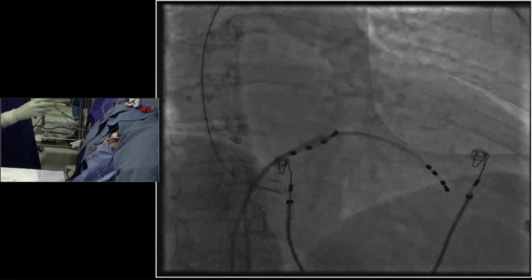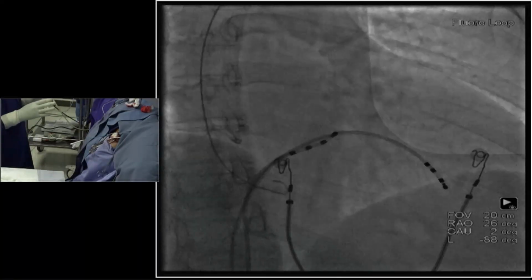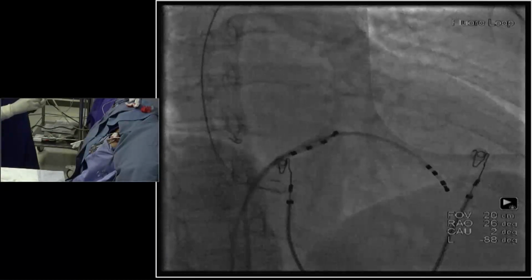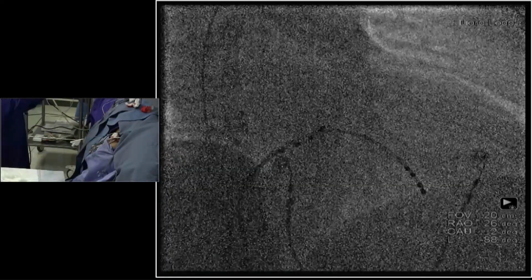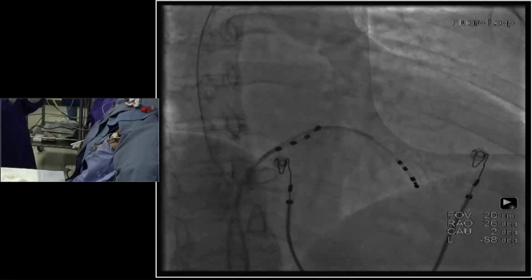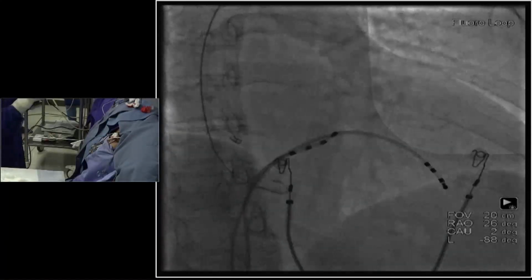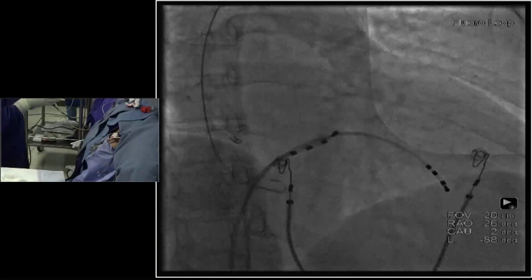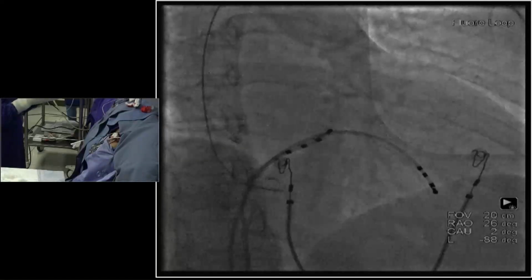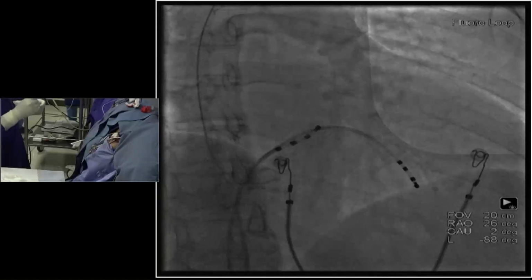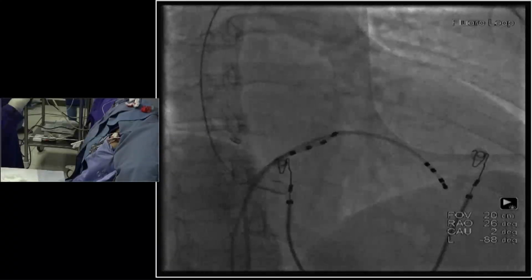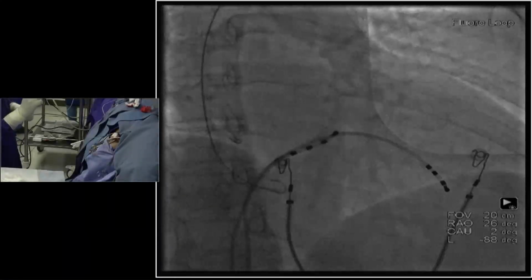So now, for entering into the right ventricle or for any movement inside the heart, you have to rotate the sheath a little clockwise. Remember, clockwise movement is going to face the sheath towards the cavity, and counterclockwise movement will face the sheath towards the septum. So if you want to move in and out, it should be a clockwise movement or clockwise torque of the sheath, then push the sheath.